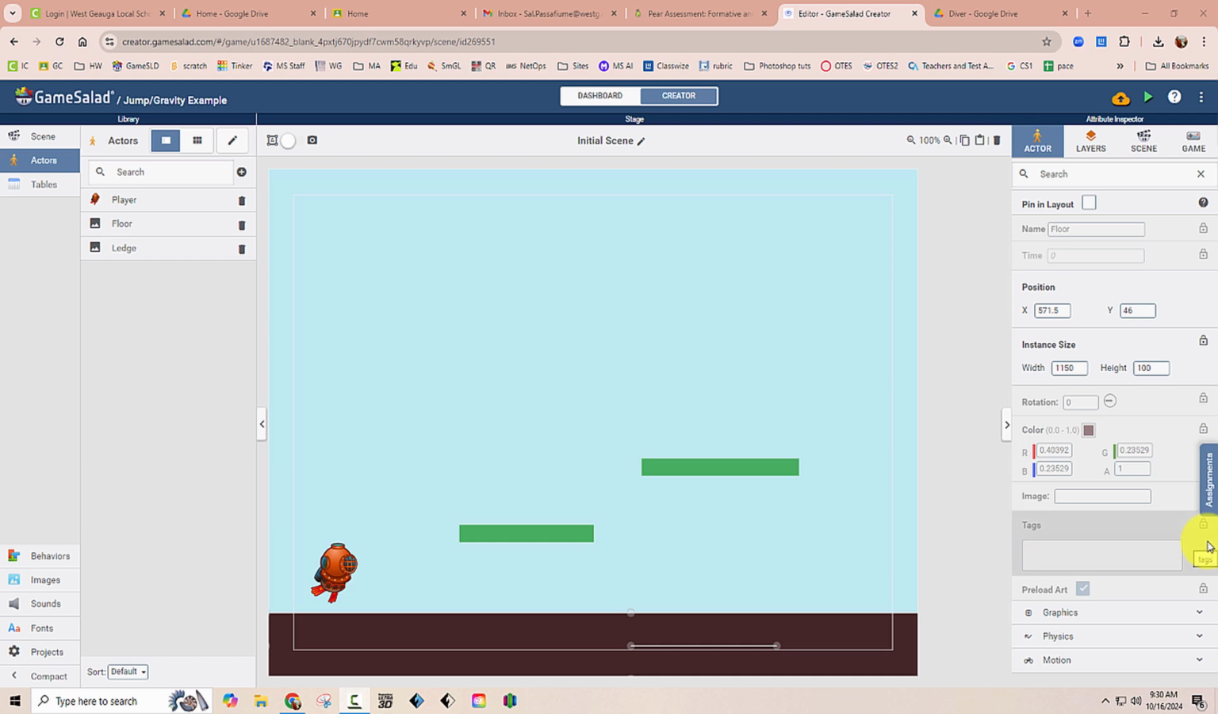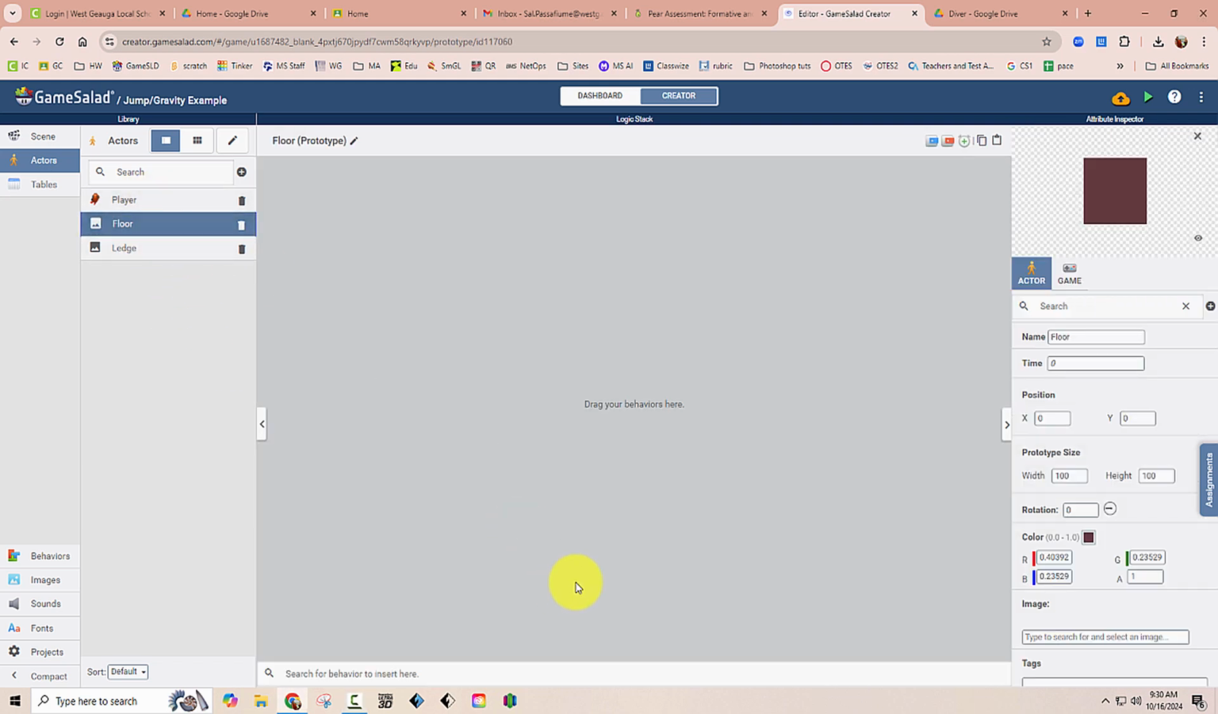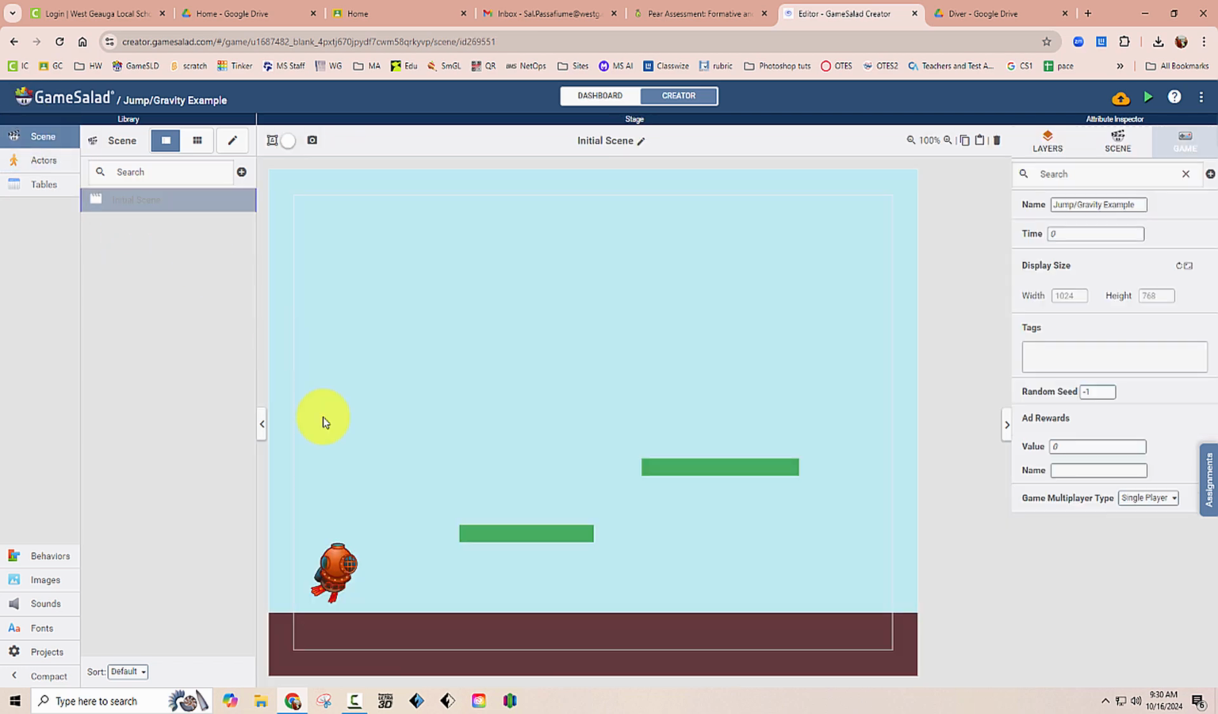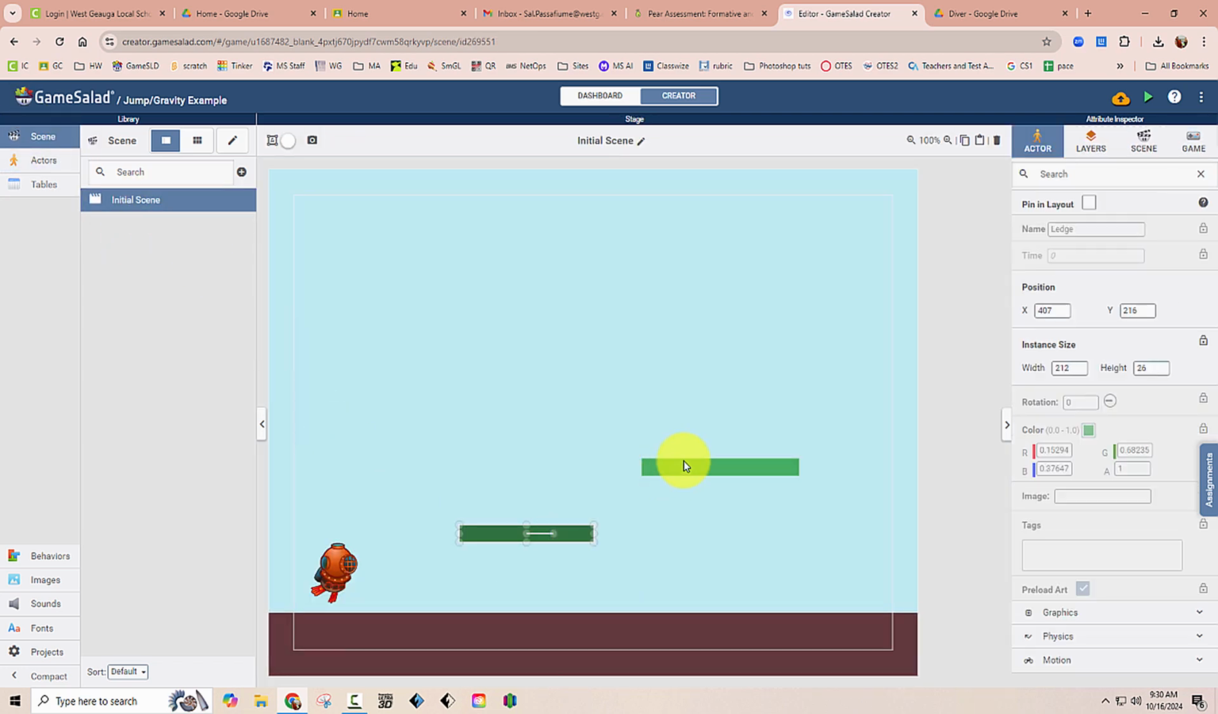So you want to have a character that's affected by gravity, jumps around, and can land on things. Well, this tutorial is going to show you how to do that. So I have a very simple sample project right now. I have 3 actors: player, this is the player, floor, and this is the floor, and then I have the ledge actor, and I've brought 2 instances of the ledge